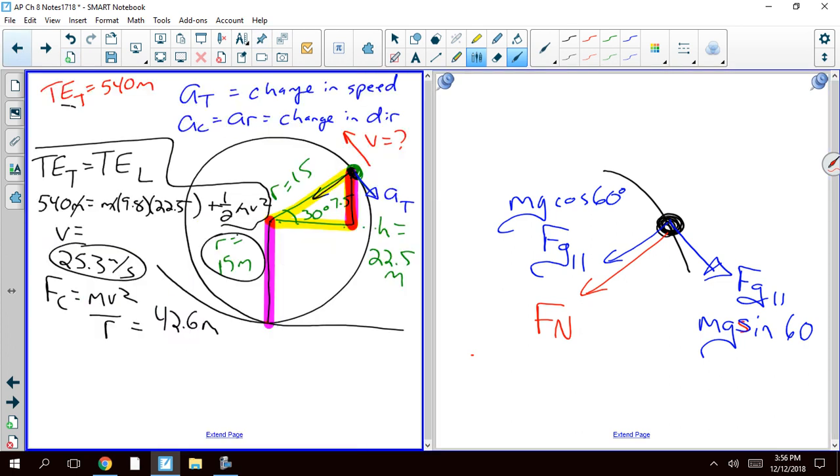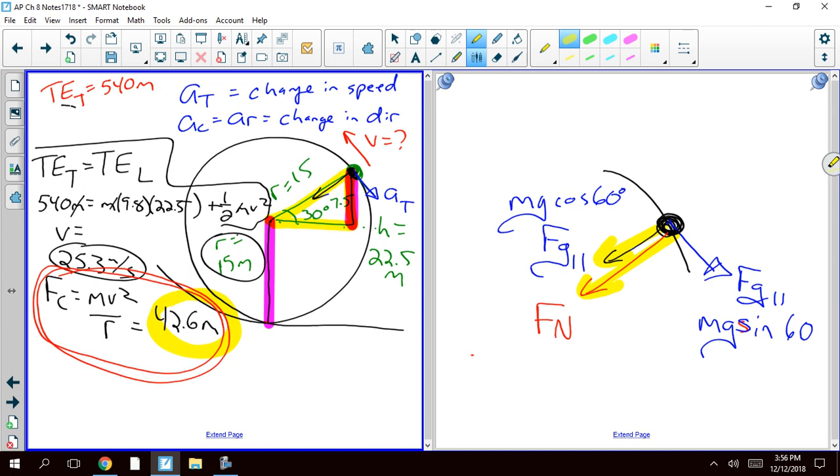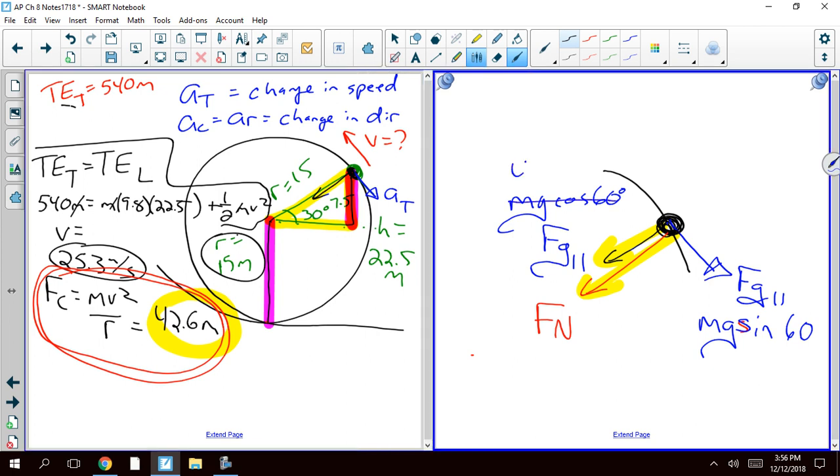All right, so look, we know our centripetal force. Our centripetal force is the result of all of our inward forces. So this plus this have got to equal this. Okay? So let's see, mg cosine 60. So 9.8 times the cosine of 60 is 4.9. So let's write this as 4.9m. Okay? And so what I know then is